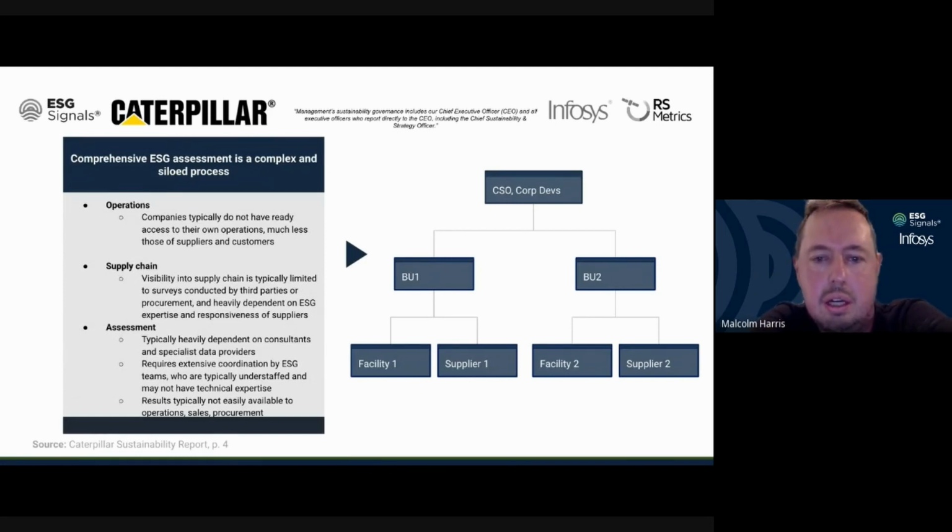Because again, we don't want this to be a checkbox exercise. We want this to be strategic. We want this to be integrated. And that's really where the market is going, right? As people, especially on the investing side, as companies get more and more sophisticated, they're not looking for a nice, shiny sustainability report. They're looking for real evidence that a company like Caterpillar is really integrating this across their operations and driving value, right? And so that's what we see our platform with Google and Infosys offering, right? It's that ability for people across the company to access the data and drive really good decisions with it. So next slide, Desi.